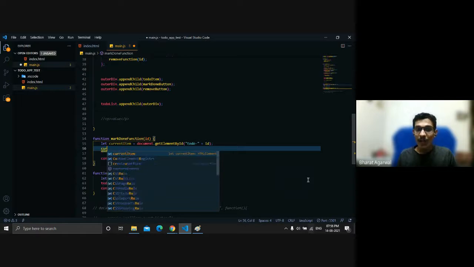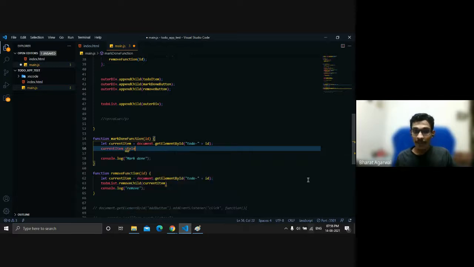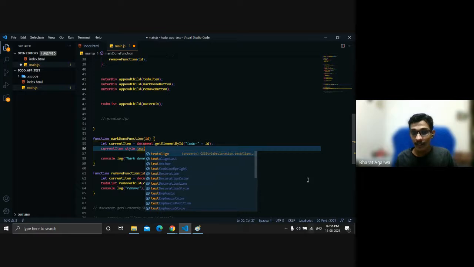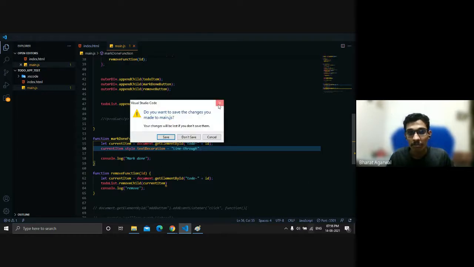Now we want to apply some CSS property. So how will you apply it? currentItem.style.textDecoration equals line-through.